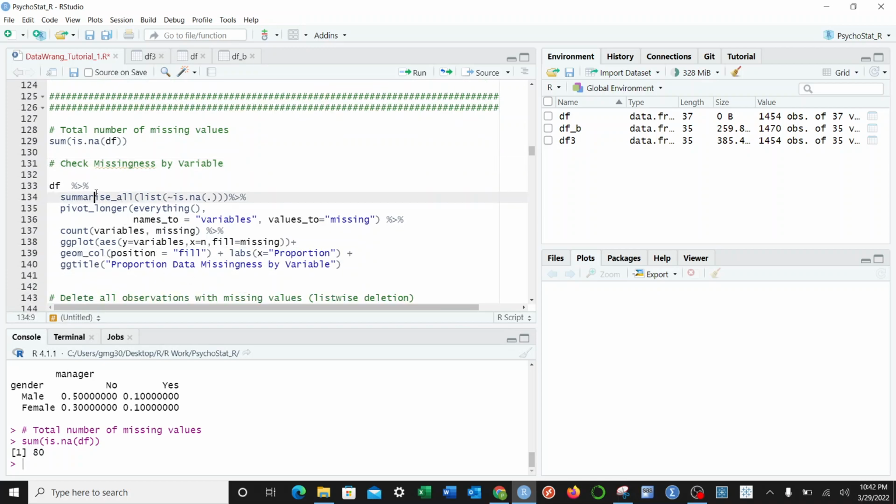I can use this awful looking thing. The good news is you can actually copy and paste all of this. You don't need to change any of this, not a bit of it. The only thing you need to change is this right here. So just change your data frame. What I'm saying is, take this data frame, df, for me, and then use this pipe operator. So I'm going to do something to it, and specifically I'm going to do all of this code, which all this awful looking thing does